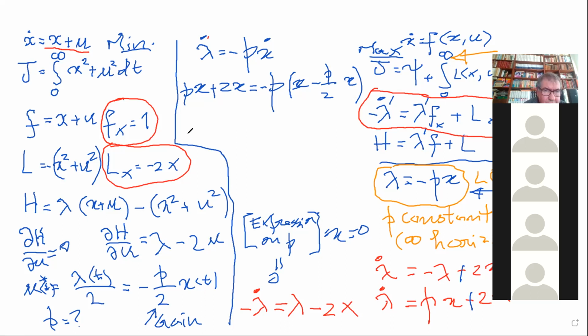I think so. Now, we have to write this in the form of an expression times x. So collect the terms in x. What do you get? You get p plus 2, then plus p minus 1/2 of p squared, times x, equal to 0. That is to say, you can write it as